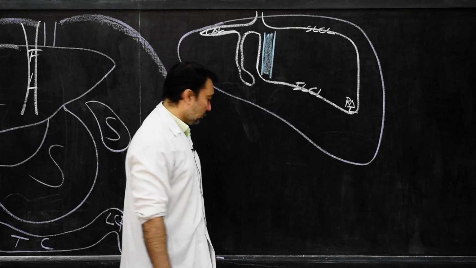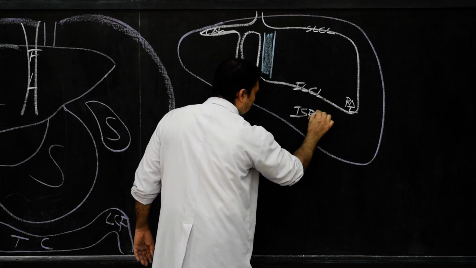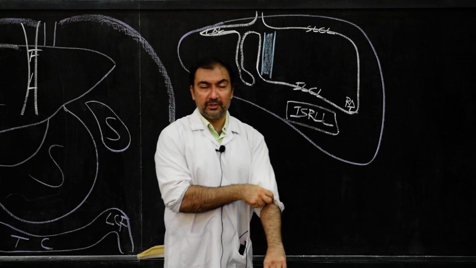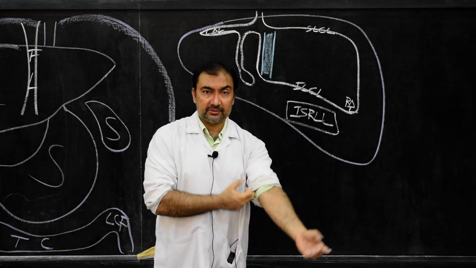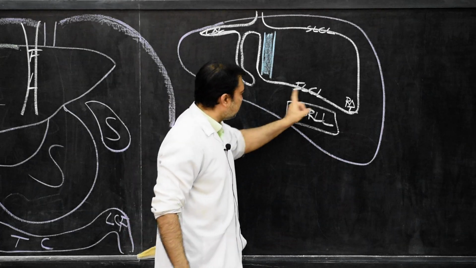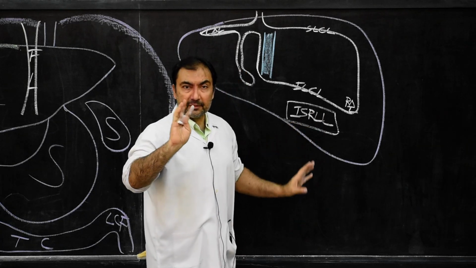This is the anterior wall. So here, the inferior surface of the right lobe of the liver is the anterior wall of the hepatorenal pouch of Morrison, or right subhepatic recess, or the right posterior intraperitoneal recess. The anterior wall is formed by the inferior surface of the right lobe of liver. Very simple.